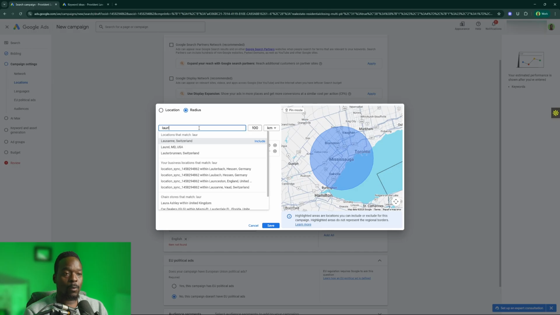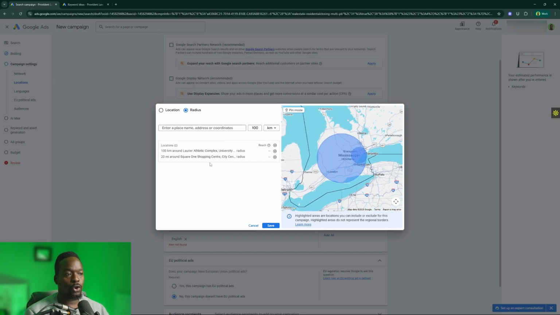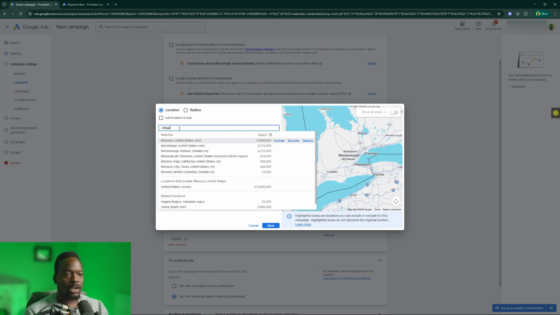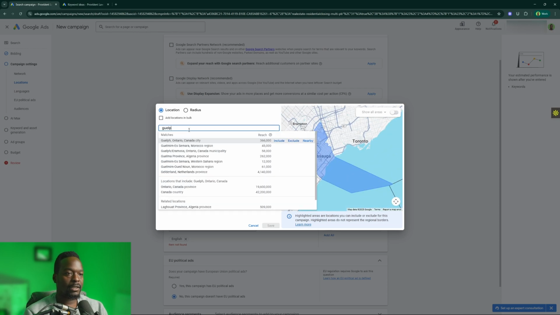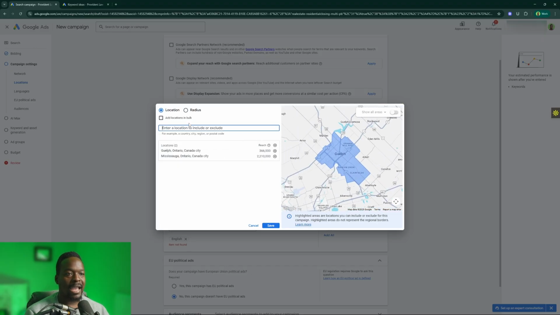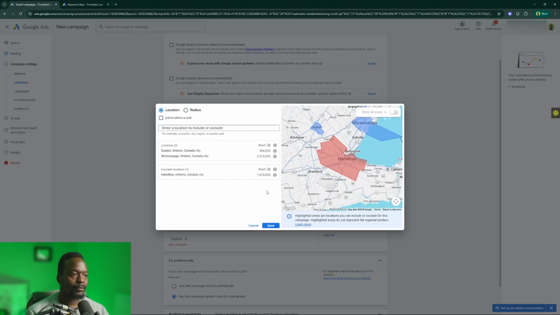And let's say I want to be around the Laurier Athletic Center, 100 kilometers, there you see it. So that's another way to do it. But in this case, we're gonna just target Mississauga, we're gonna target Guelph, and we wanna exclude Hamilton. We just don't want our ads